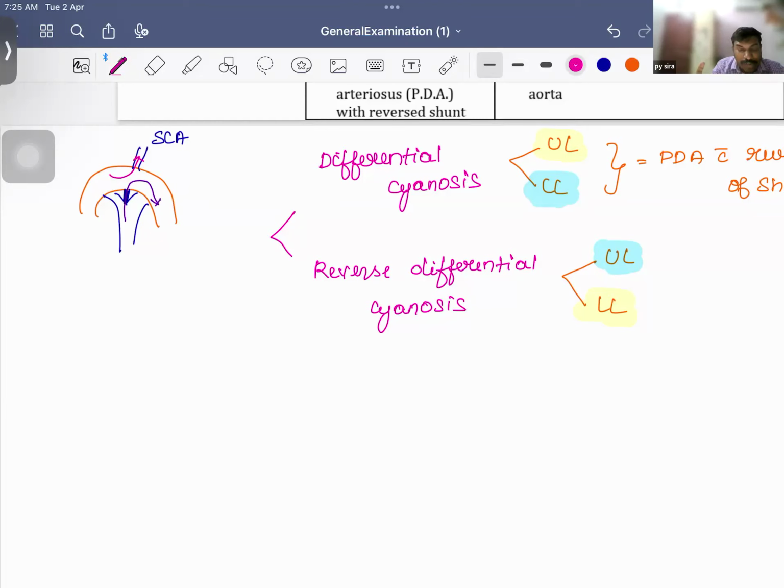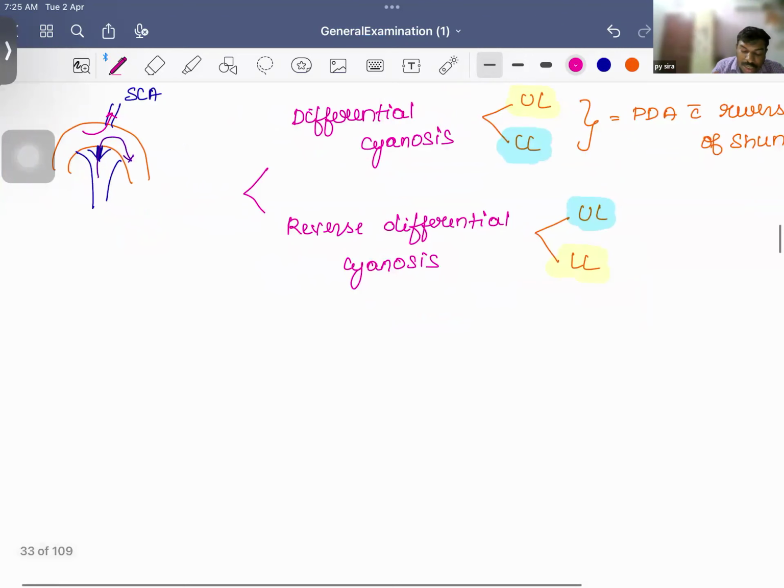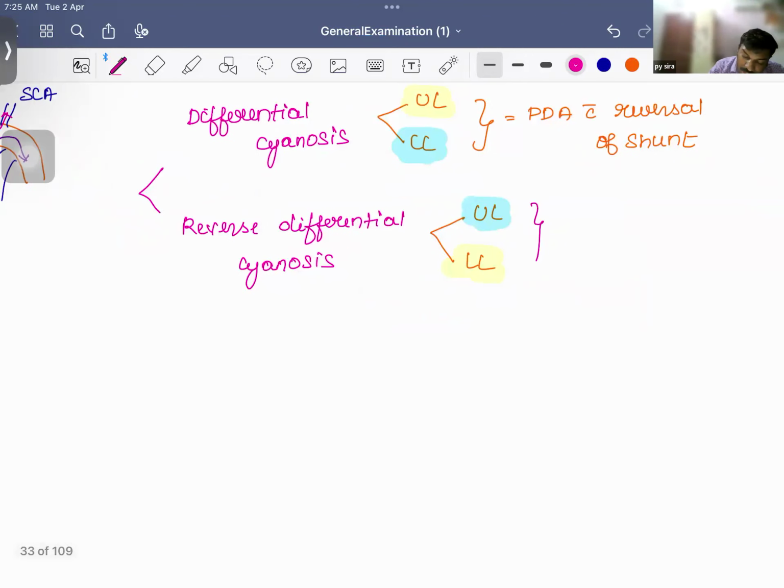That is called as differential cyanosis. Okay, whenever there is a Eisenmengerization, அதே பேஷண்ட்டுக்கு reverse differential cyanosis. Reverse differential cyanosis na the patient is going to have PDA with a reversal of shunt